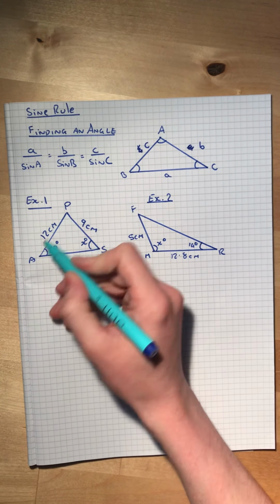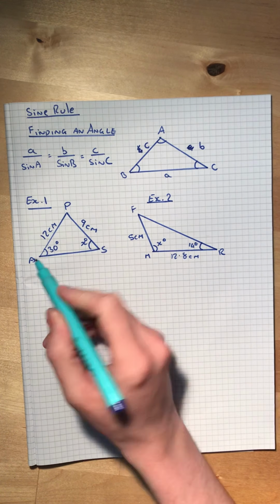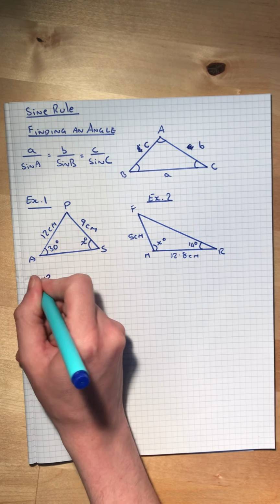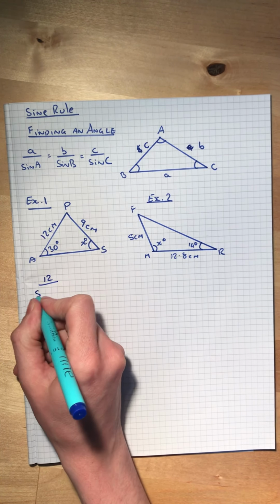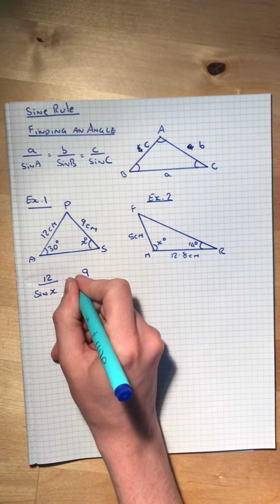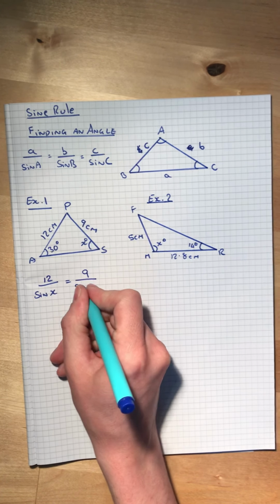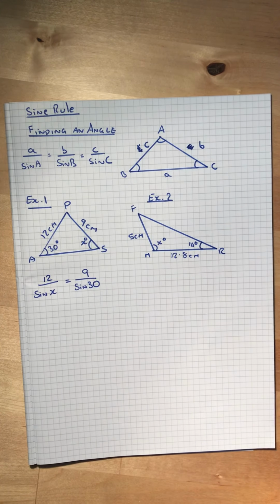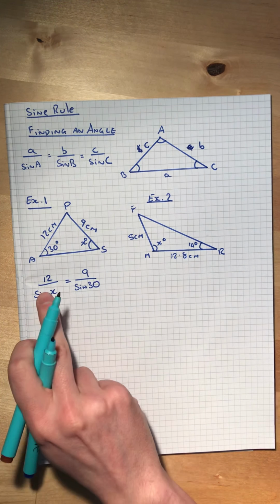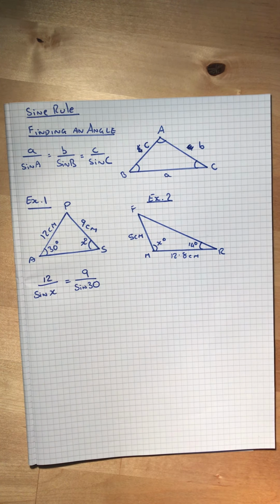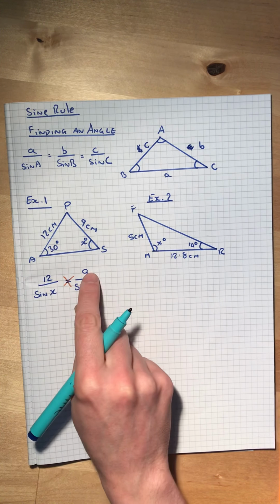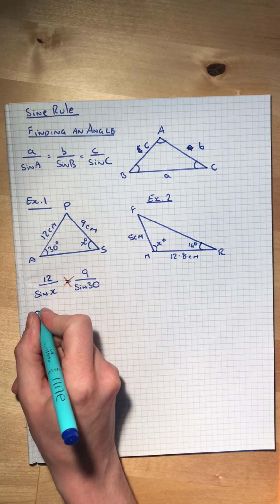So we look here, for example 1. We can use that 12 divided by the sine opposite it, sine x, will equal 9 divided by the sine of the angle opposite it. Problem here is that the sine x is on the bottom of the fraction. So all we do to get rid of that is cross multiply. So 9 times sine x